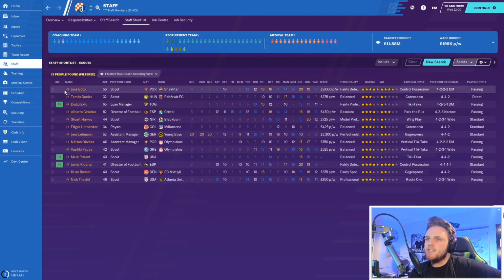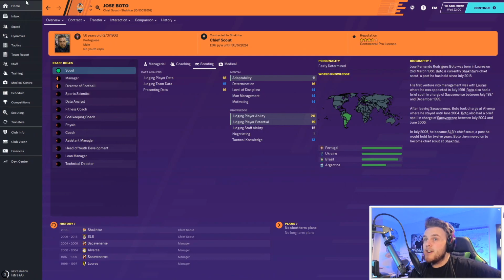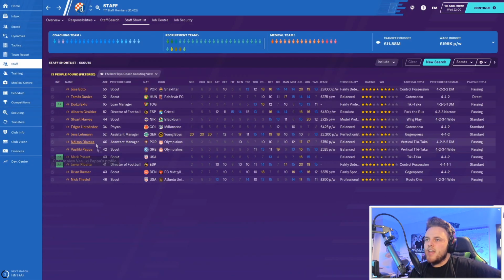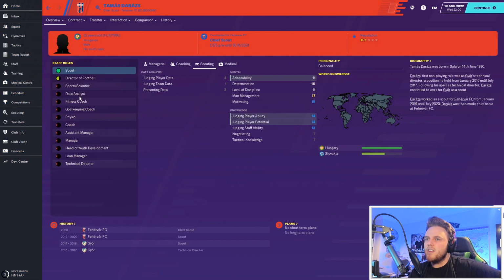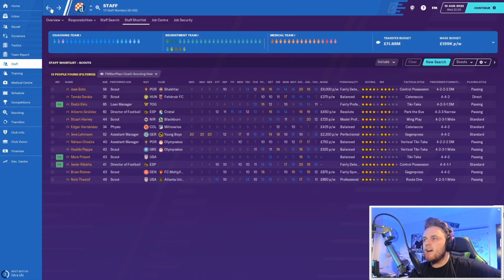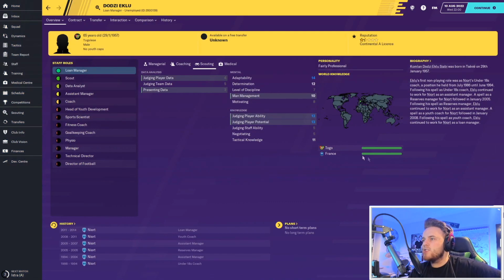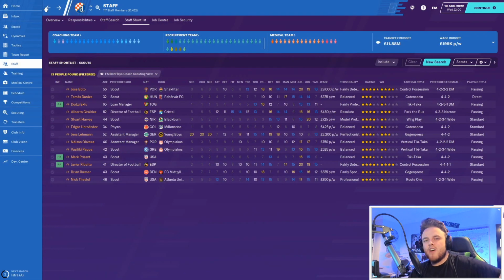This is my scouting list of players. I've got some really good scouts on here. You've got, for example, Jose Boto, a really good scout. But you've also got scouts on here who will know places that are a little bit more different. So here I've got a Hungary scout. And if I don't find anyone, say a Togo scout here, if I don't find a place for that nation, I will go and lower